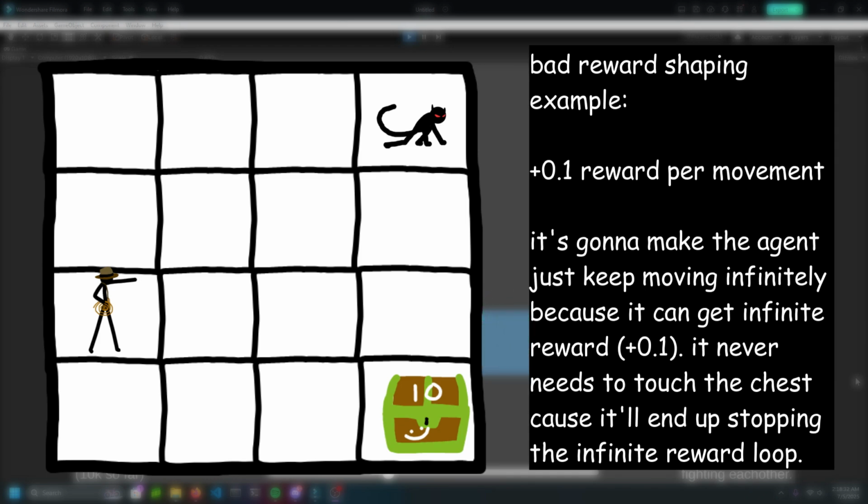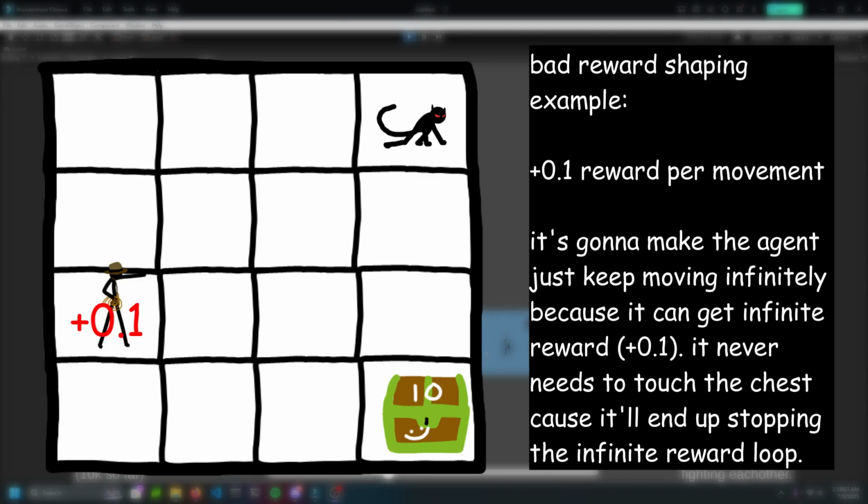For example, if your reward shaping is really bad, it could lead to what I call reward hacking, in which the agent does something that you don't want it to do, but it does it because it keeps getting really great rewards off of it. This is, for example, giving it such good intermediate rewards that it doesn't even want to finish the game and instead just keeps going around in circles as it keeps getting more and more reward.